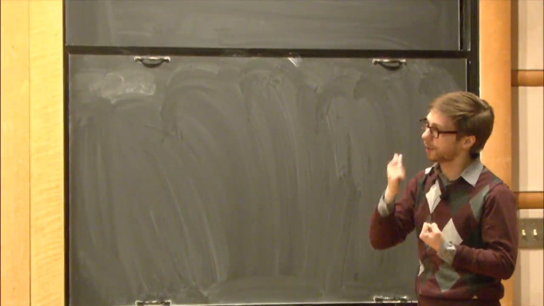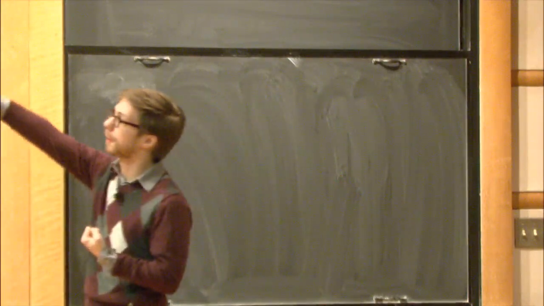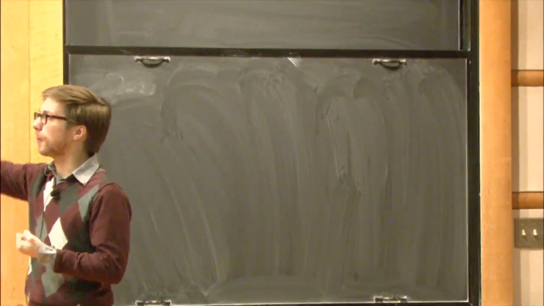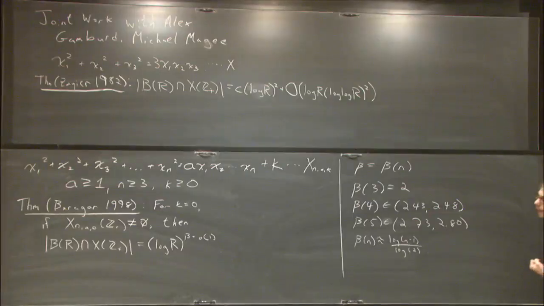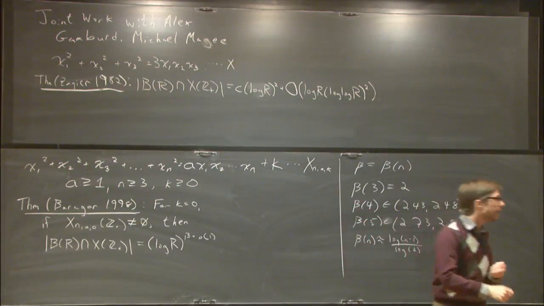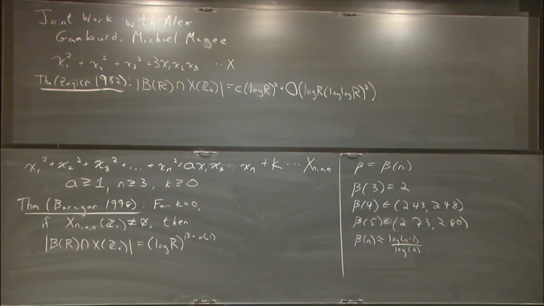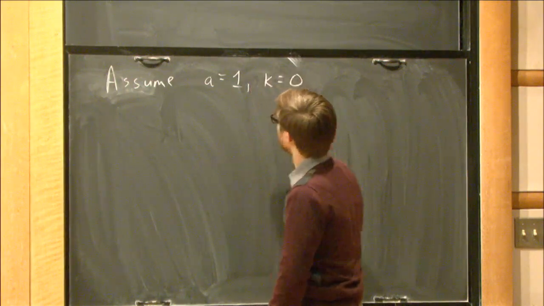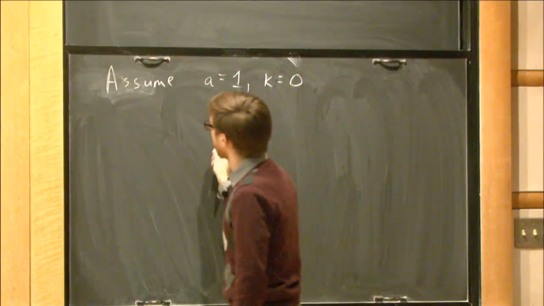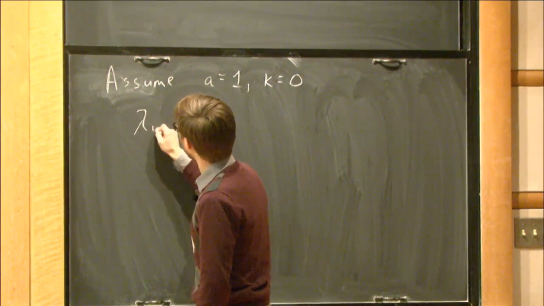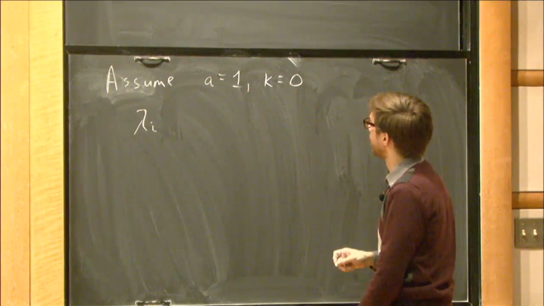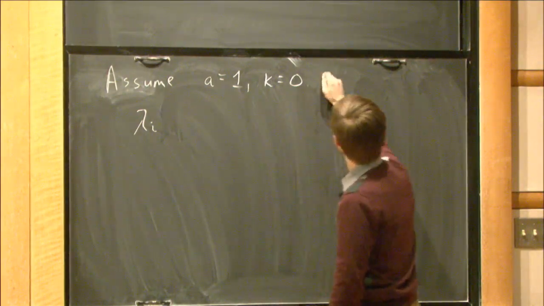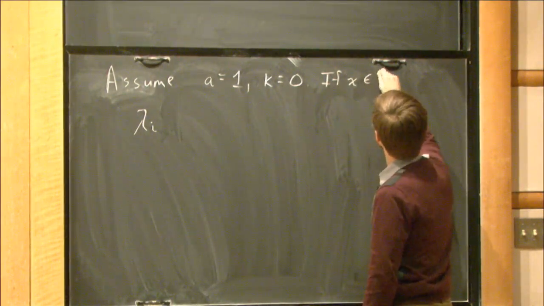So earlier today we talked about the Vieta involutions for the Markov equations. For the Markov equation, this generalizes very nicely for the n variable case. So maybe from here on out, just to make the notation a little bit easier, I will assume that a is equal to 1 and that k is equal to 0. And then I can define the following moves. You can call these the Markov-Hurwitz moves if you would like. So if x is a solution,